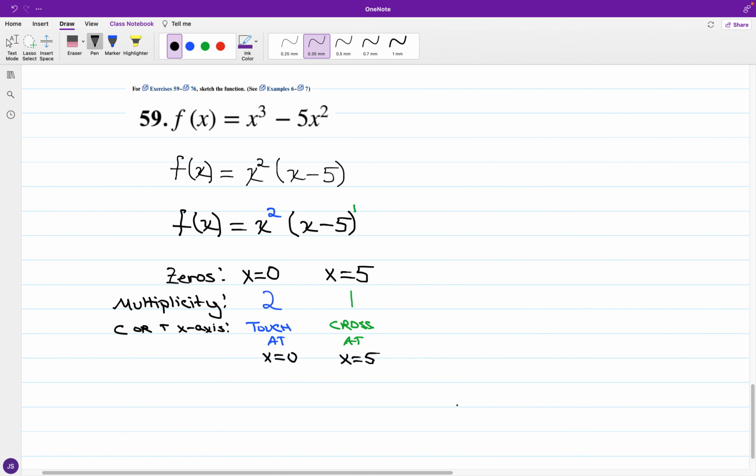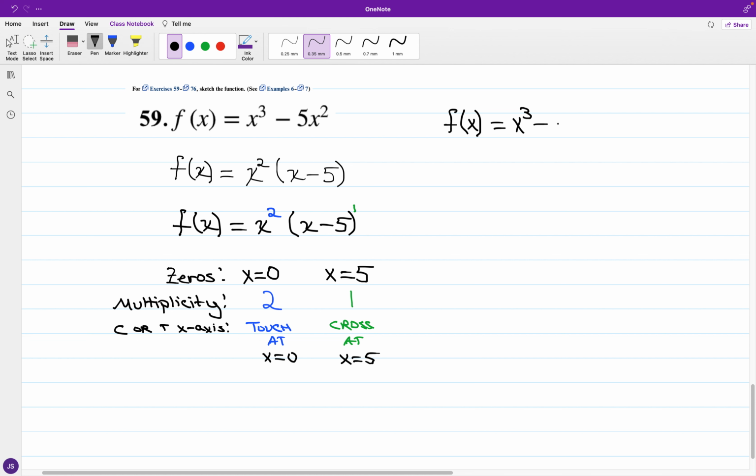So we have transitioned from the expanded to the factored form and have identified the zeros. And for the activities in between, where we have crossing and touching the x-axis, we have a couple of cases here. Now, looking at the components that will lead us to determine the end behavior,